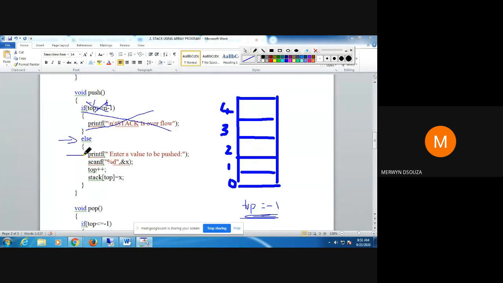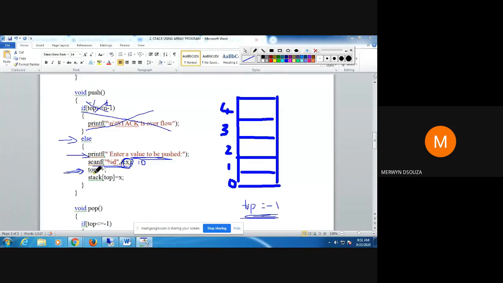In the else part, I execute this line, enter a value to be pushed. I enter the data and store it in the variable x. Suppose I enter the data as 10. Okay, now in the next line here I increment top.